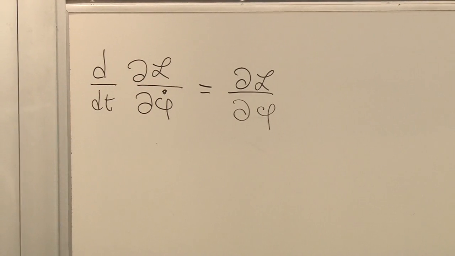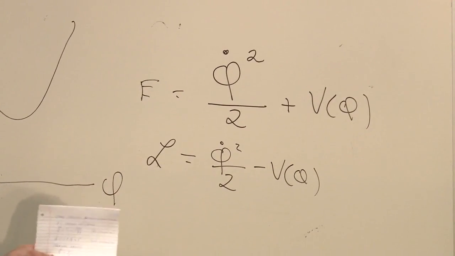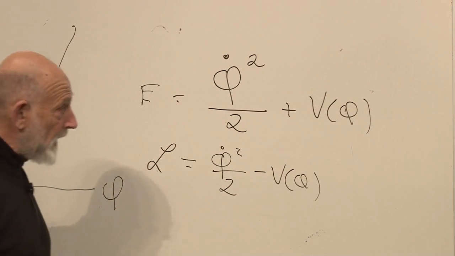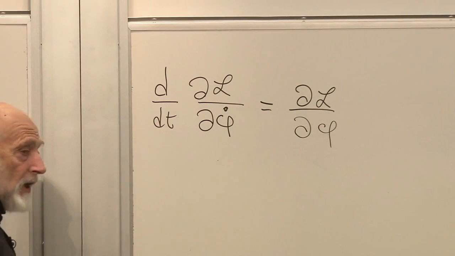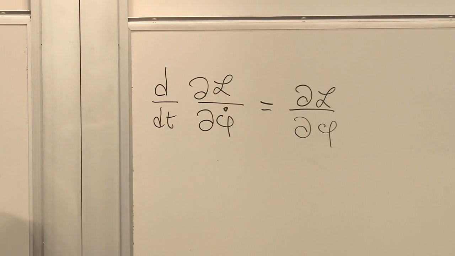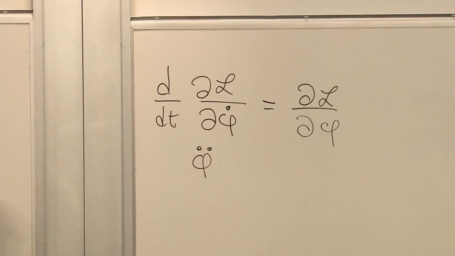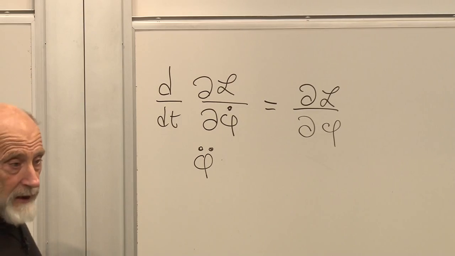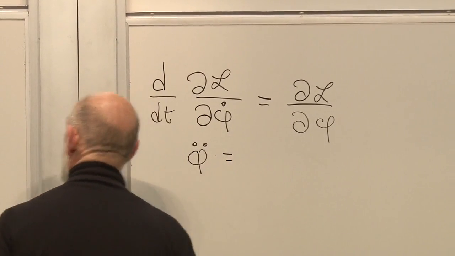Here's the Lagrangian. We can work it out. The derivative of the Lagrangian with respect to phi dot, that's just phi dot. Differentiating a square just gives you something linear, and the 2 goes away. So dL by d phi dot is phi dot. And if I differentiate again with respect to time, this becomes phi double dot, the second time derivative of phi. In other words, a kind of acceleration. The acceleration of the field itself, simply defined to be the second time derivative, and that's equal to dL by